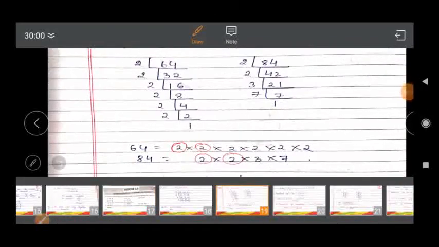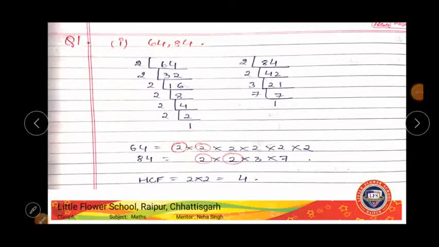The numbers are 64 and 84. We will prime factorize both of them, right? 2 3s are 6, 2 2s are 4, 2 1s are 2, 1 carry, 2 6s are 12. Like this we are going to prime factorize. As in the earlier exercise, the steps up to here are the same. Then we are going to write all the products.